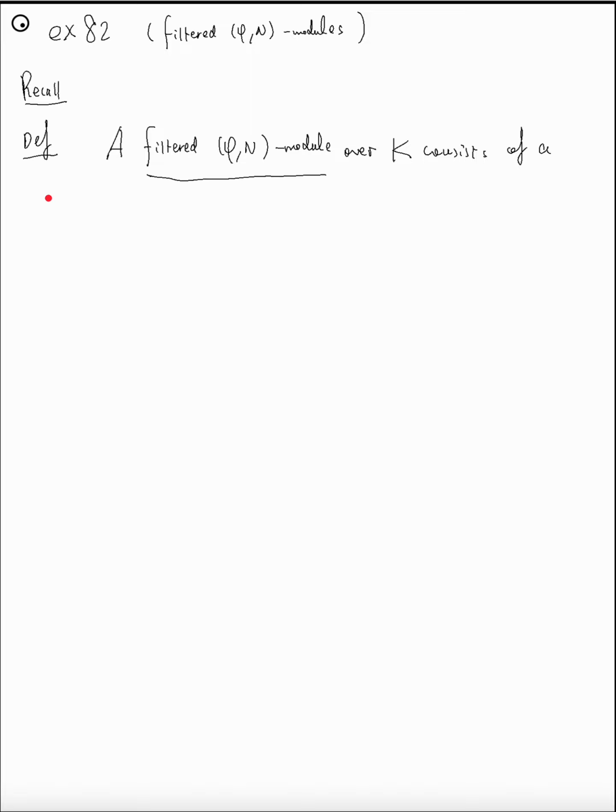Firstly, it consists of a phi-n module D over K0. K0 is defined to be: take the residue field of this local field K, and then take the Witt ring and then invert p.